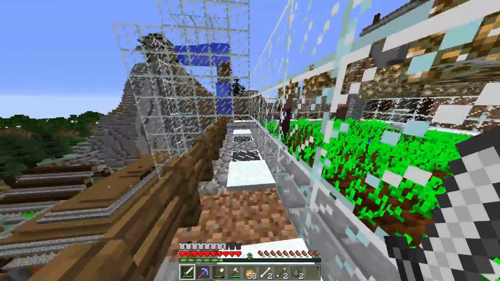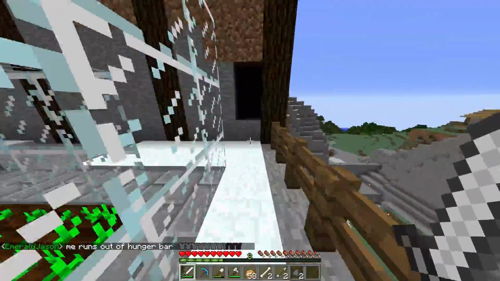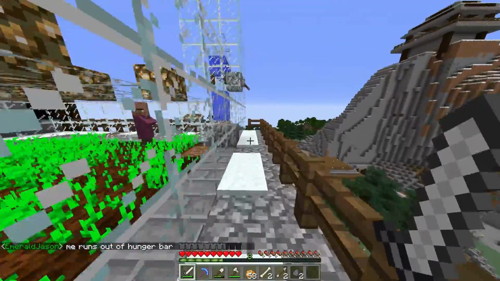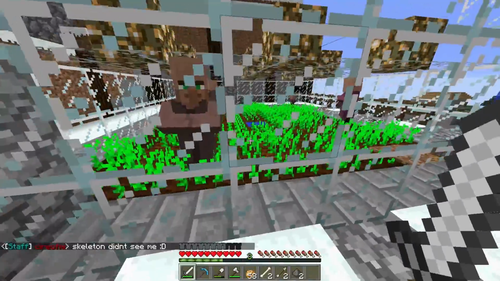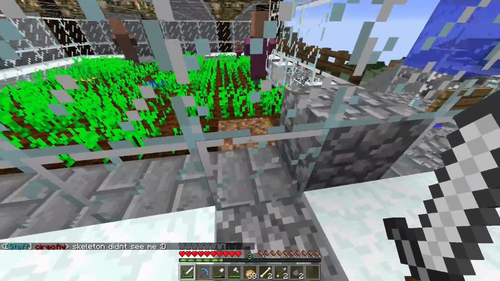But the baby villagers don't seem to be finding their way into the water stream where that trapdoor is. I'm not exactly sure why. It seemed to work fine in 1.8 and last time on the server, as well as when I did it in a single player 1.9 world. So I'm not exactly sure what's wrong with it. The one thing I did change, I'm not sure if this is going to work because I haven't been testing it for that long, is that